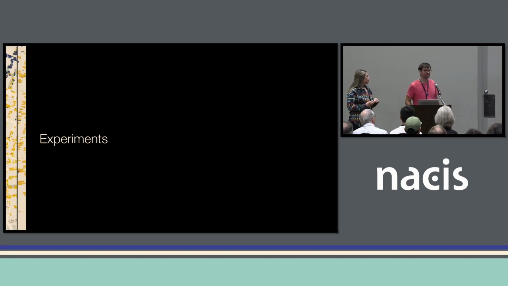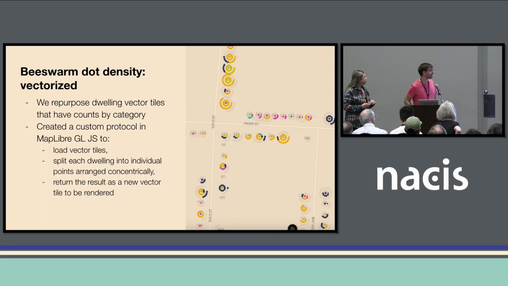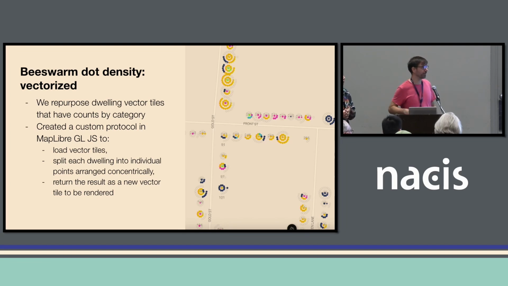Great, thanks. So specifically, I want to talk about how we moved from the raster bswarm.density, we're calling it, to a vectorized version of that. For sure, we considered you could pre-generate vector tiles with every individual person, but we already had this information at the building level for a point in a building. So what we decided to try out was using a specific feature in MapLibreGL